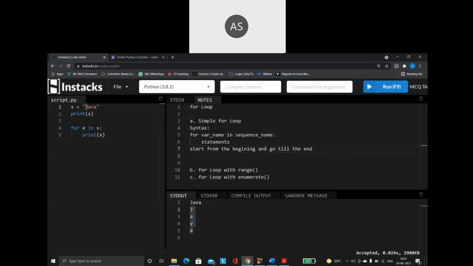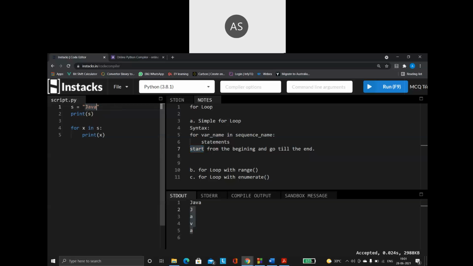So it will start from the beginning and automatically go till the end. No need for you to say this is the start, this is the end, increment it by one, move every index position. Nothing is required. This work is done automatically. Remember, it will automatically start from the beginning and automatically go till the end. Every time it will move only by one position.